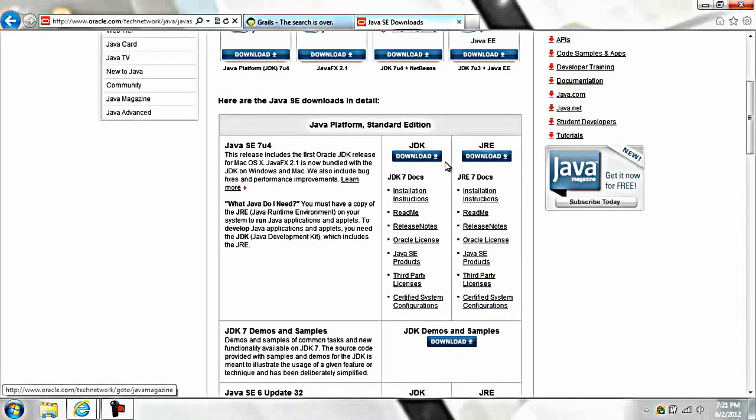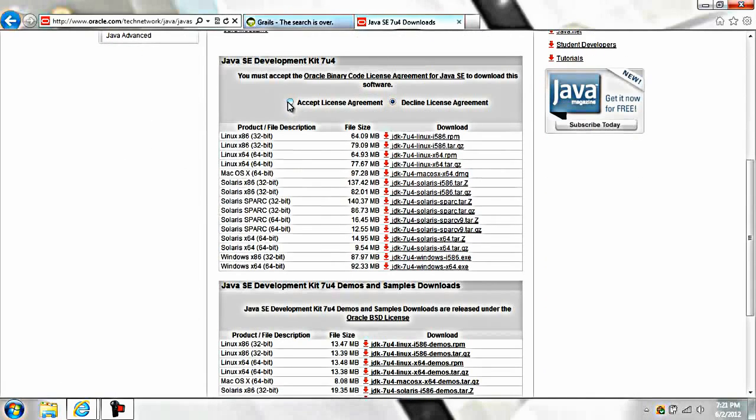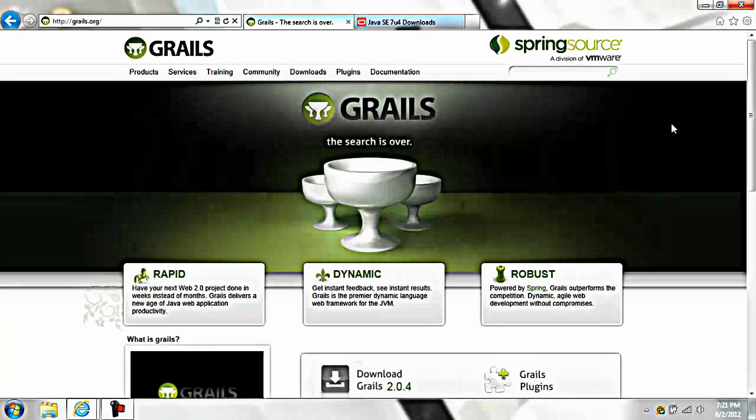And the one that you want to click on would be Java SE 7 Update 4. So you click on that, and you accept the license agreement, and you choose one of the following downloads for whatever system operator you're working on. Mine's 64-bit, so I chose that one. Alright, and then after it's set up, you download that, and then while you're downloading that, you can go to